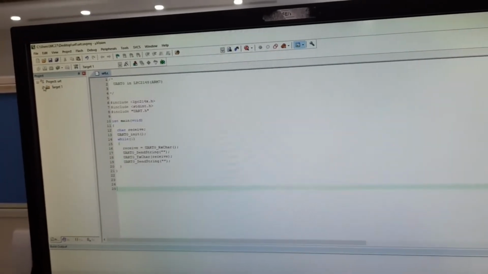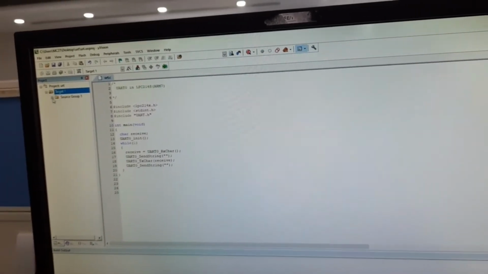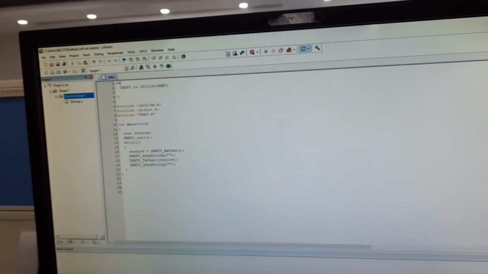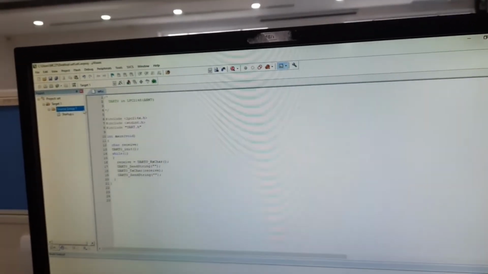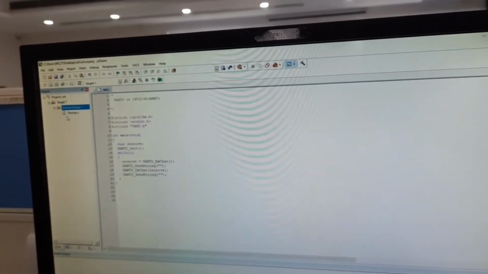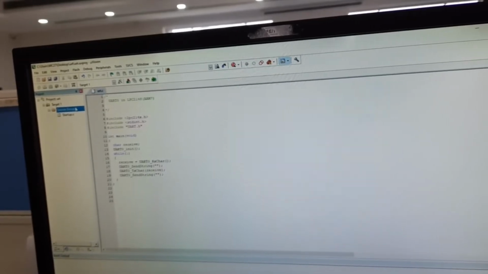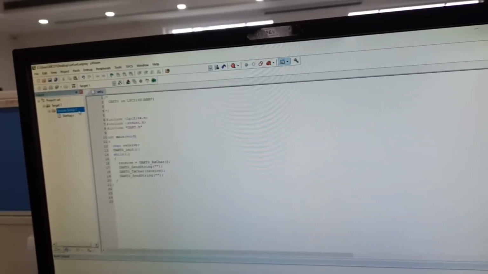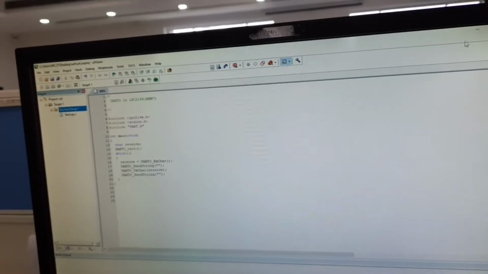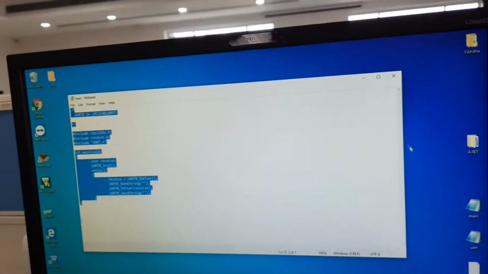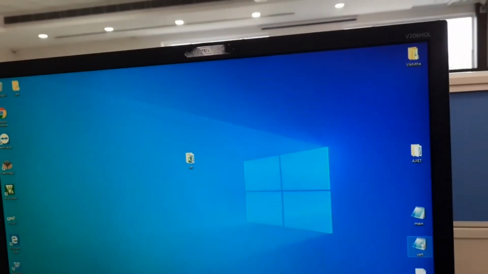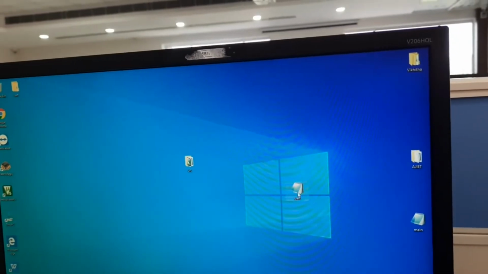Now you have to add this program, URT.c, inside source group 1. Inside source group 1 we already have the startup.s library file. Then you have to add your URT.c program inside this. Before that, for UART we have two sub files.